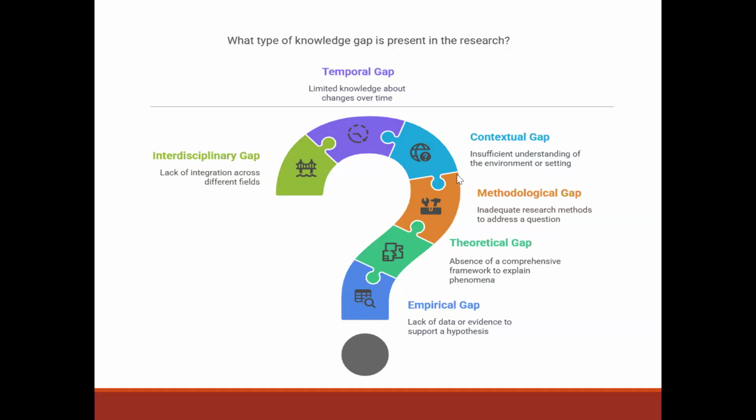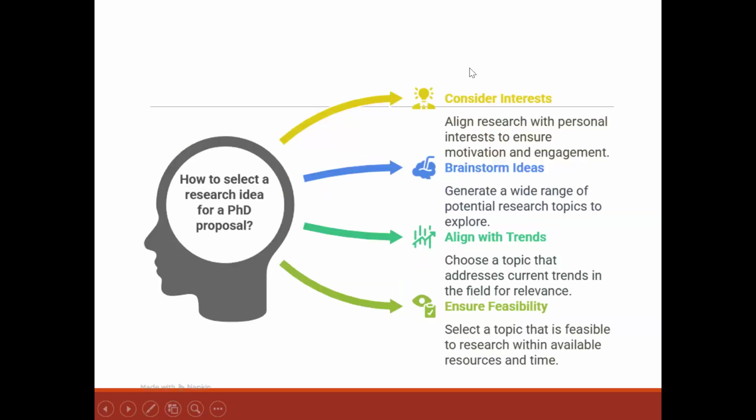So that one just to explain. Okay. So here we are talking about how to select a research idea for your PhD proposal. You see, now we are not talking about how to select a research title. As I said, I really always want to move away from the title. The title will come; ultimately, you have to do your research under a specific title. But at the beginning, let's talk about research idea.